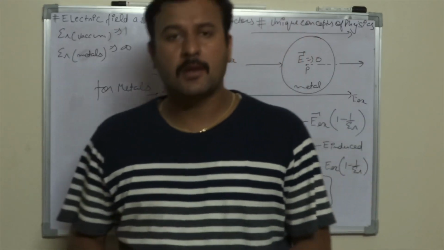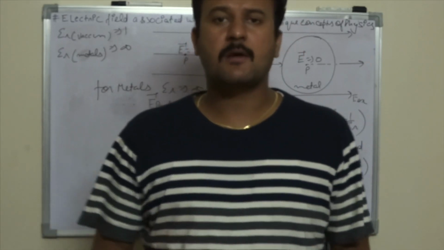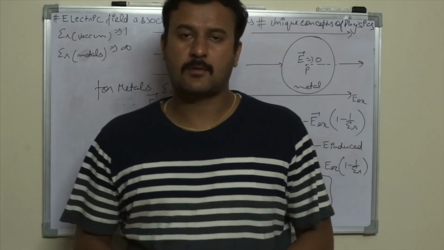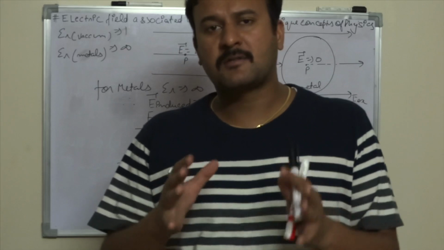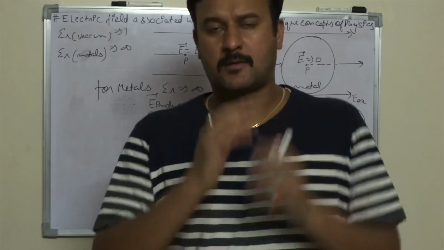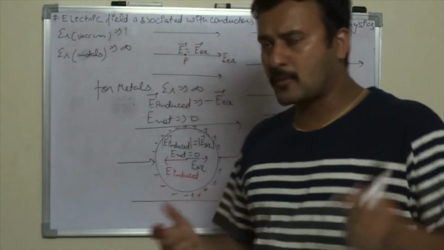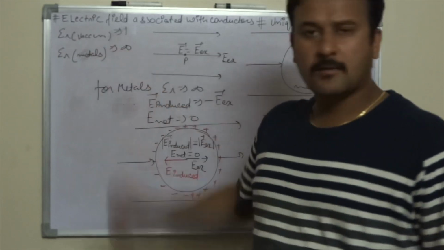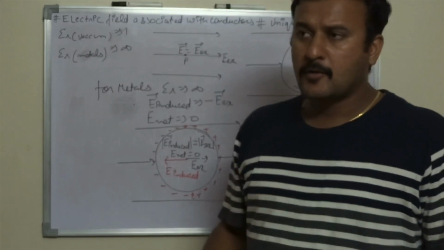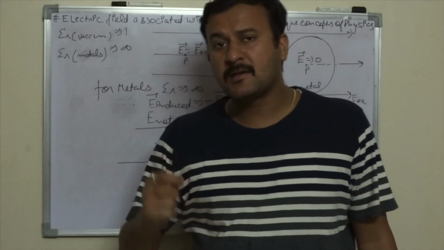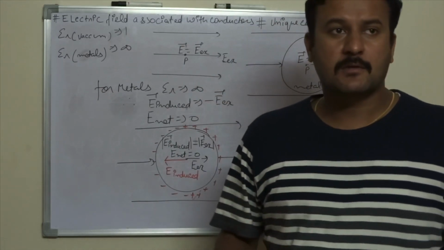Permittivity of any medium is the ease with which that medium allows the passage of electric field lines through it. It means how easily that medium permits the field lines to pass through it. So this is permittivity, and we know that permittivity of vacuum is 1 and permittivity of conductors or metals is infinity. So the highest permittivity is owned by metals. What does it mean? It means that